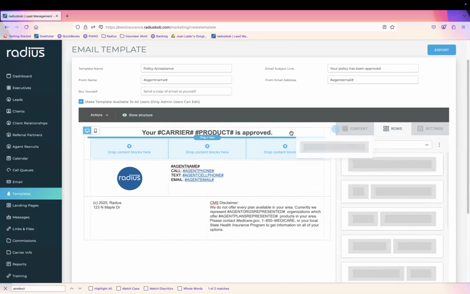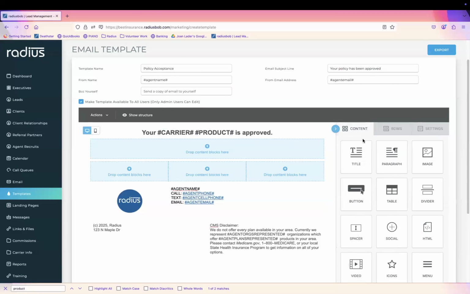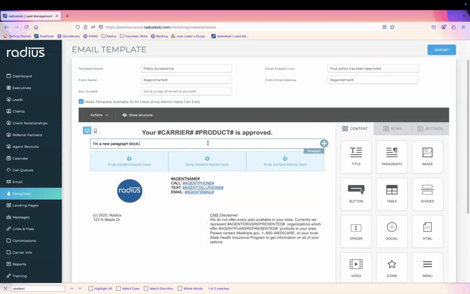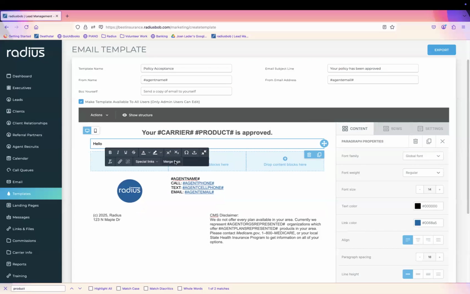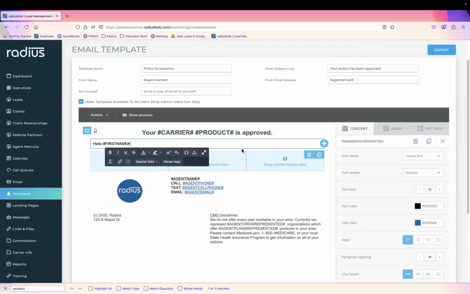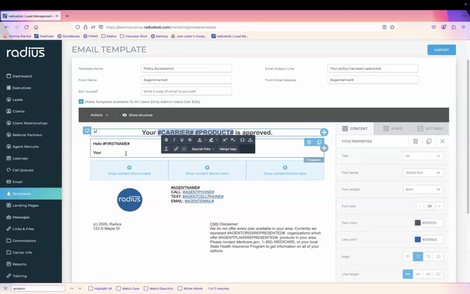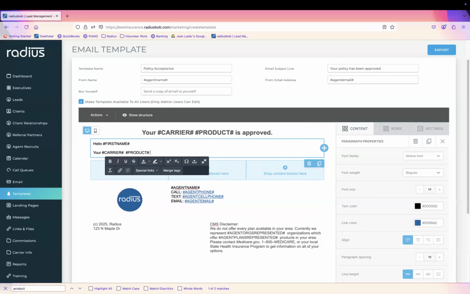Then you can continue to add in more information. Here, I'm going to add in the content of paragraph. So hello, and then I'm going to use merge tags to find the record's first name. So this is either the lead or the client or another record type if you have that. Hello, first name, your carrier product is approved. Your effective date is